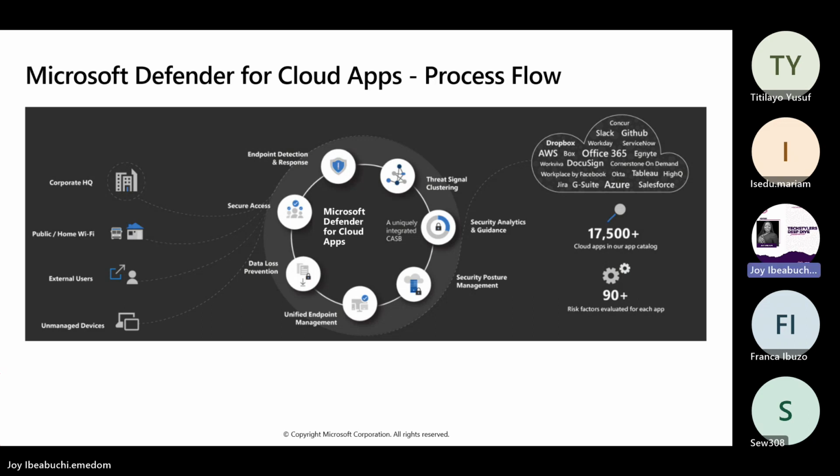Now that people take their devices home and connect to their own personal internet, it means that from the network layer, as a company, you don't have visibility anymore. You don't know where I'm going. I can go to any site, I can go to illicit sites, and there's no firewall at the network layer to block me. So one of the things Microsoft Defender for Cloud Apps will help you do is